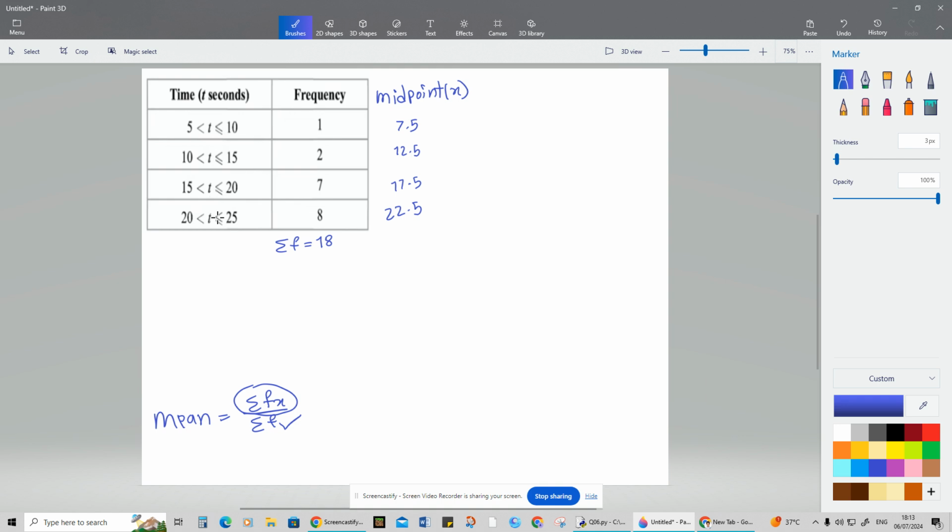For example, I say this part is x and y, so x plus y divided by 2 should give me the midpoint x. After that we will reach a part where we find fx, so frequency times the